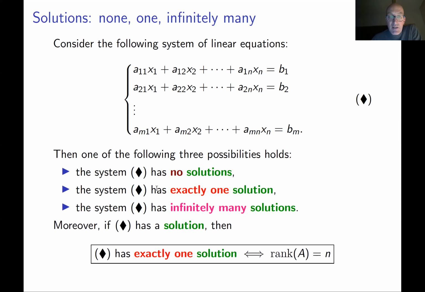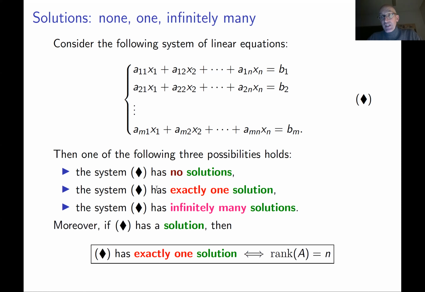Basically, if you apply the result from the previous parts, the rank nullity theorem, you immediately get that your system of equations has exactly one solution if and only if the rank of your matrix is n. This follows from the rank nullity theorem, because the rank of the matrix is n if and only if its nullity is 0.